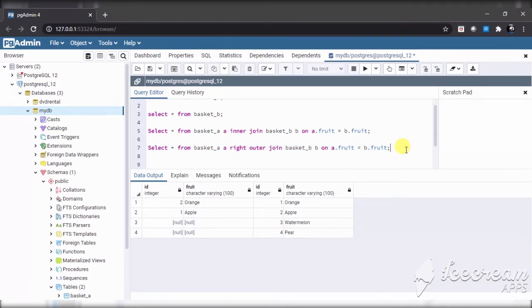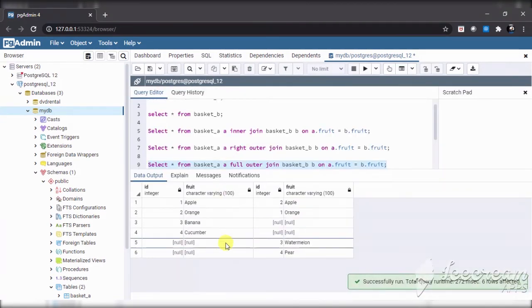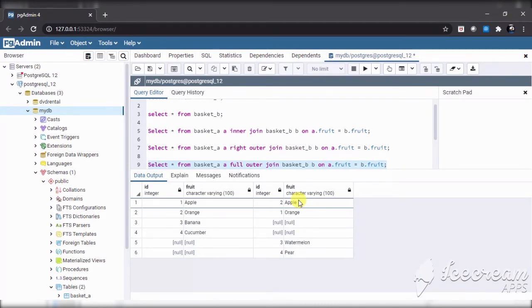Okay, so let's see the last example, which is the full outer join. The full outer join will give all the records from both tables whether they are matching or not. We just have to write FULL, and once we execute, we will get all the records from basket A: apple, orange, banana, cucumber, and all the records from basket B: apple, orange, watermelon, and pear.